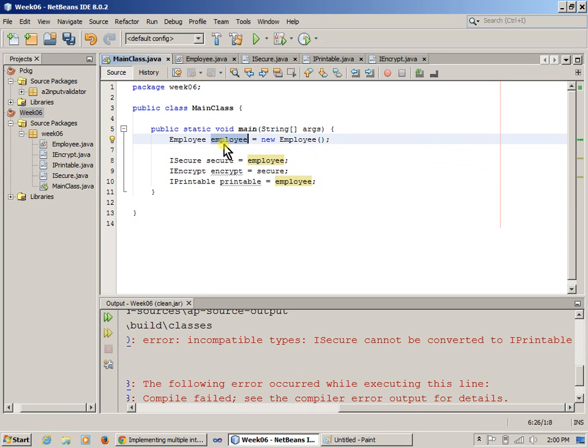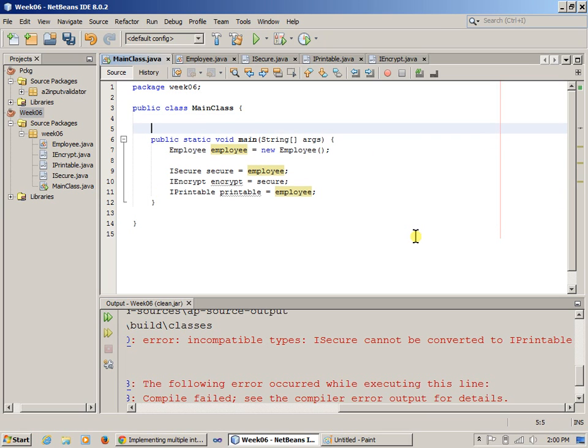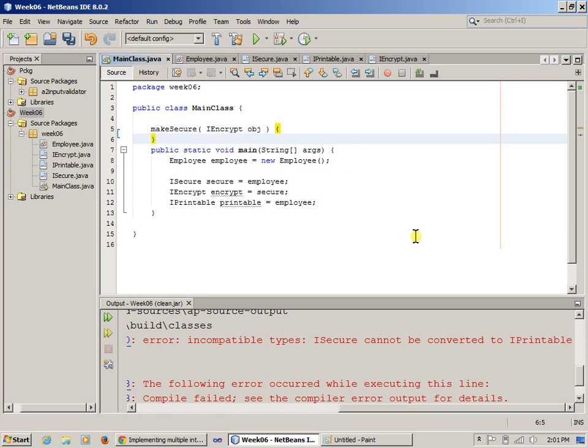And perhaps when I create an employee, I could have another method in this class, make secure, right, which takes an object which supports an IEncrypt object, and does the following: